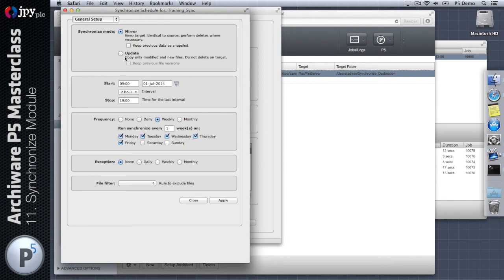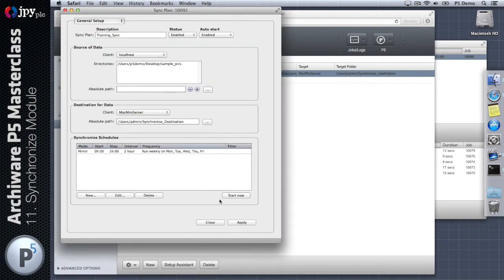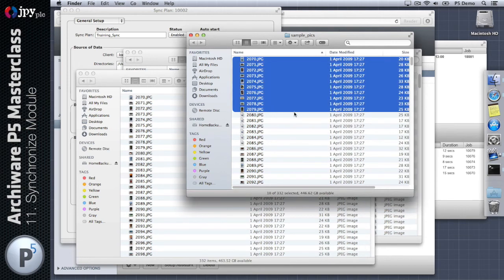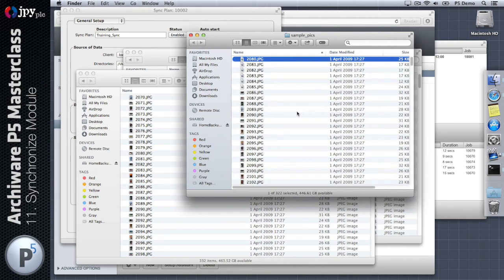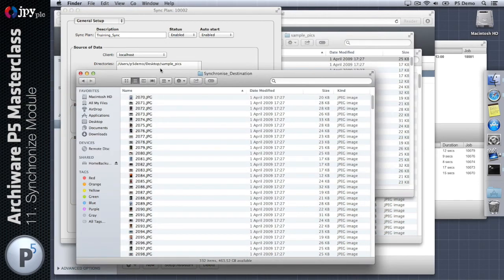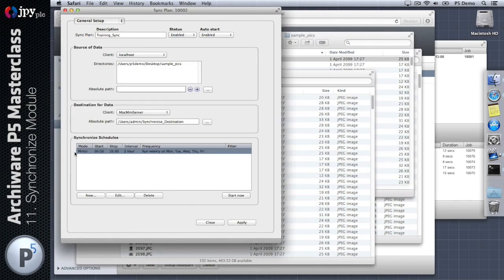So if we go back to our sync plan and we go back to this mirror event and we enable keep previous data as snapshot and apply that change, and then we run our sync plan. Actually, before I run it, let's make another change to the source folder. So let's delete the first 10 files or so from here, so that on our source the first file is 2080, and see how that's reflected on the target folder once we've run the sync plan in mirror mode but with keeping cycles. So let's say start now,